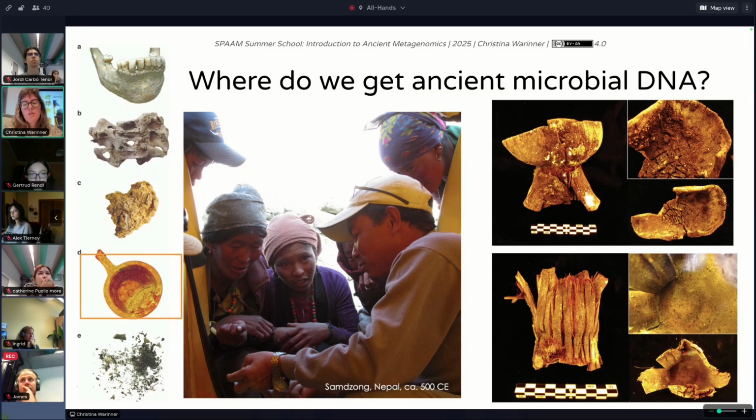And we found all sorts of really interesting preserved organic remains. So, for example, we found whole wooden bowls that still had rice, dried rice inside. We found bamboo cups full of residue. We found big copper cauldrons full of residue. All of these things represented a kind of funerary feast that had been laid out for the dead about 1,500 years ago. And so these can also be really great sources of DNA, especially when you think that in the